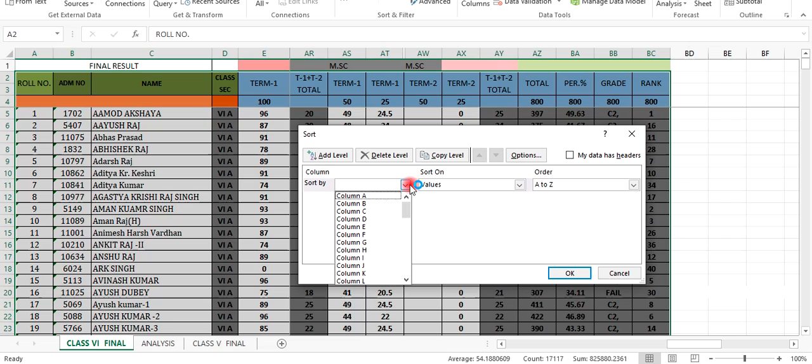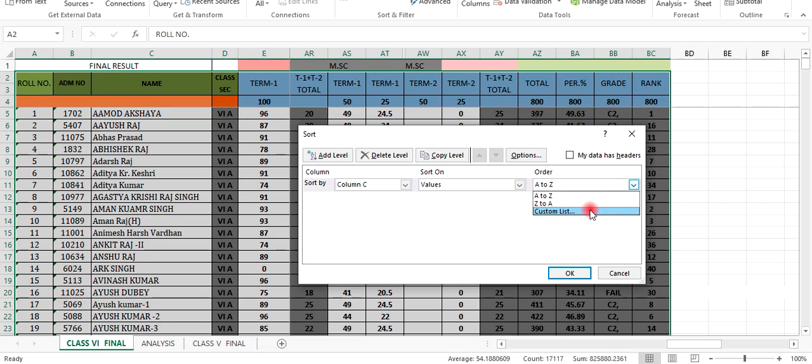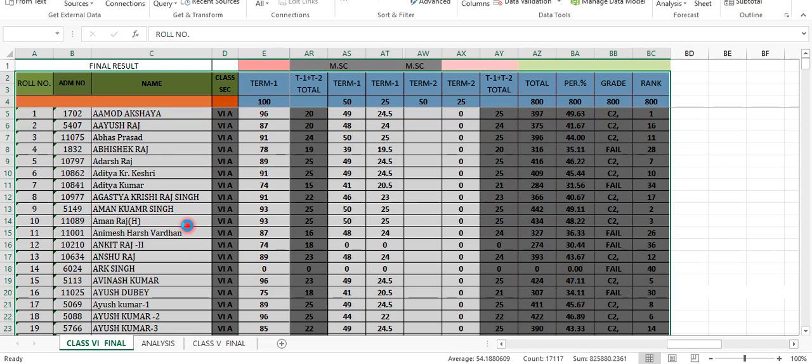Select the column C, and from here we are going to do Z to A, which means the letters will be sorted from Z to A. Now click over here.